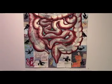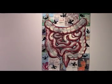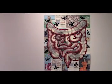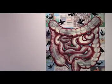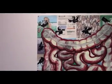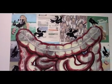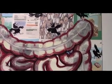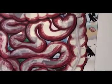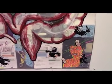This piece on the end here is called Skid Row. It's 4 feet by 3 feet, roughly, in size. It's a very large, very loosely gesturally painted colon. Here the brushstroke serves a purpose in the work. You've got vinyl stickered crows in the painting, sort of mocking what looks to be layered in the background of